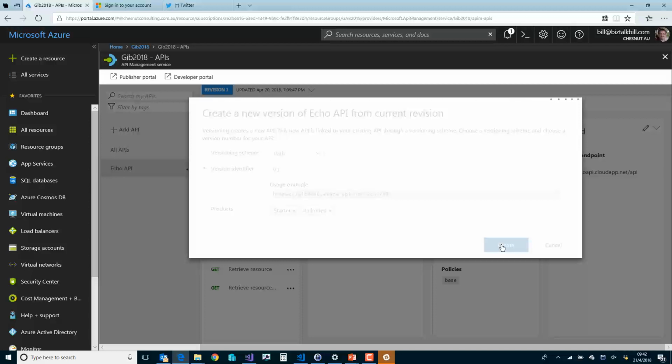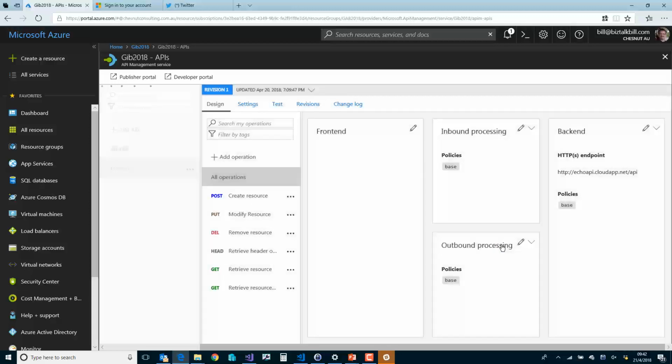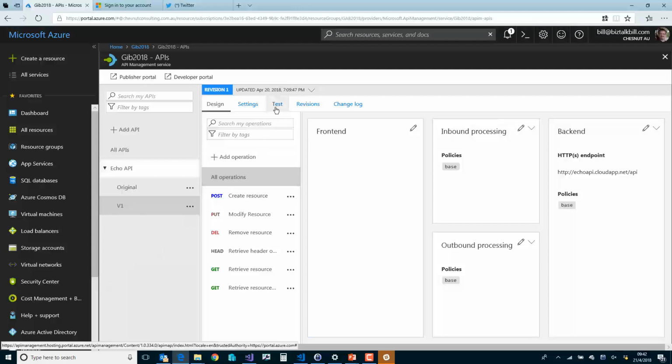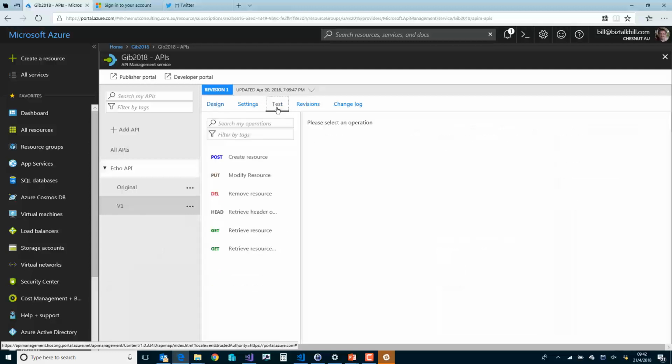One of the neat things about this is now I've enabled versioning, but I still have the original one out there. So if I've got a bunch of users that are still calling it without a version in it, I implement version 1, I add some features to it, and then I tell them if they want these features, they need to call version 1. And again, basically it's copied the URLs, and if we go to the testing page, we'll see the URL that it's calling